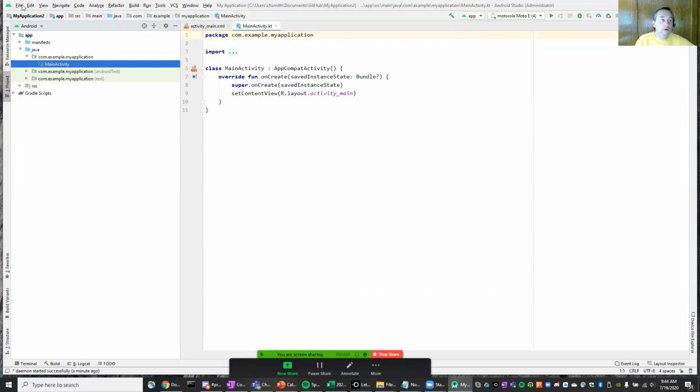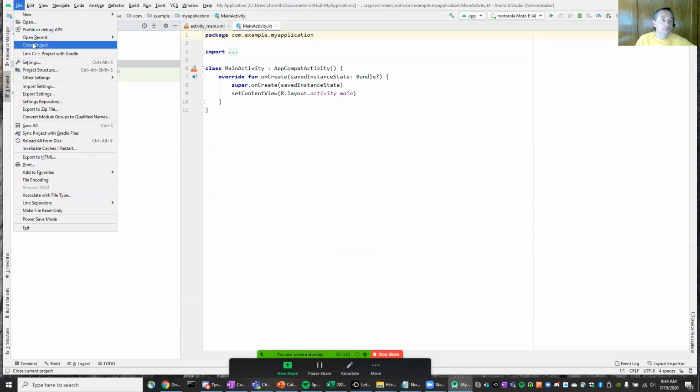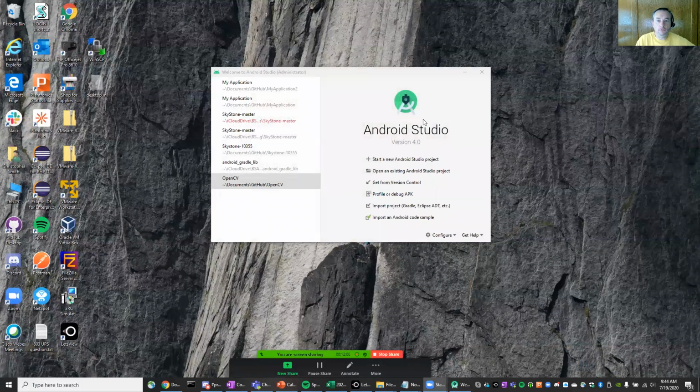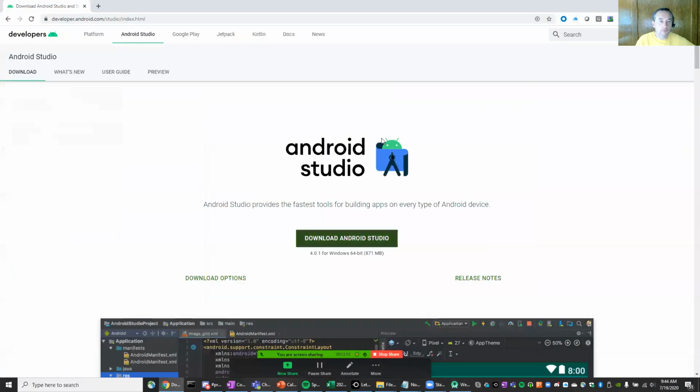So once we're done here, actually what I want to do is just close this project. This project is nothing to us, so we can just close that out. And the next thing we're going to do is go back to our browser. What we need to do now is, we've got Android Studio installed, we've got our SDKs set up. So now what we're going to do is download the